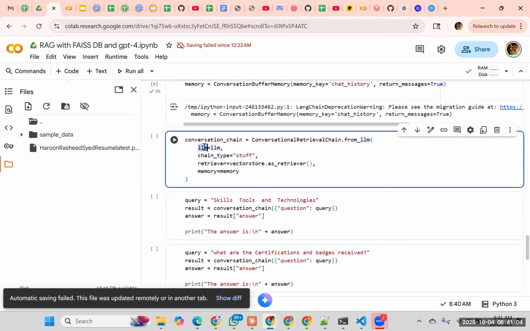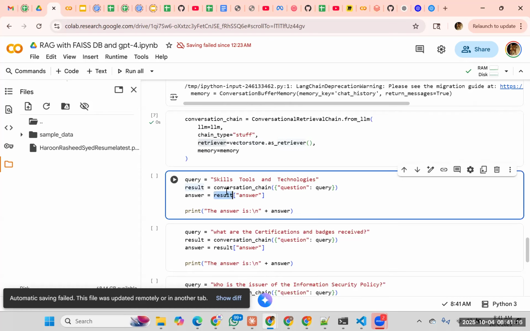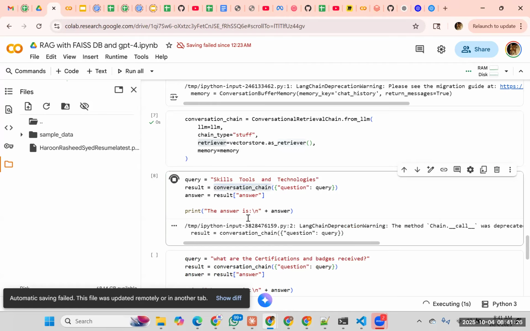So I have an LLM model and a retriever, both here, all under the chain. Once this chain is built, I can execute the chain with any of my questions. So result conversation chain, the question is my query. What is the query? Skills, tools, and technologies. Okay, if I run this,